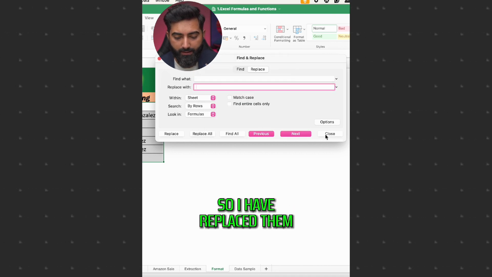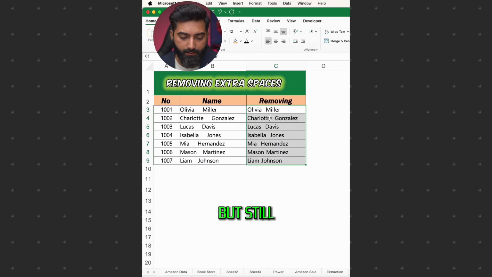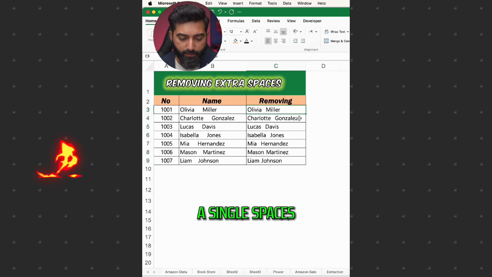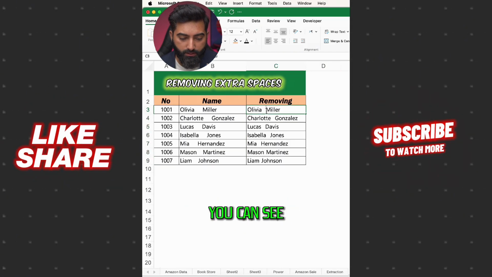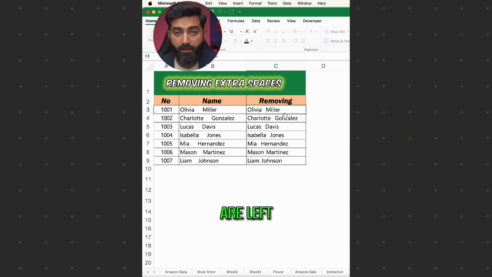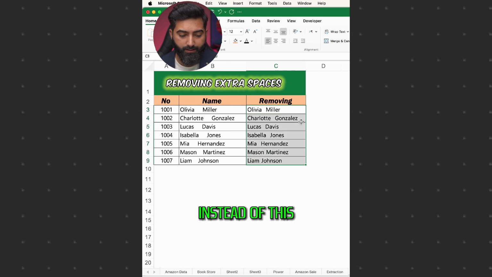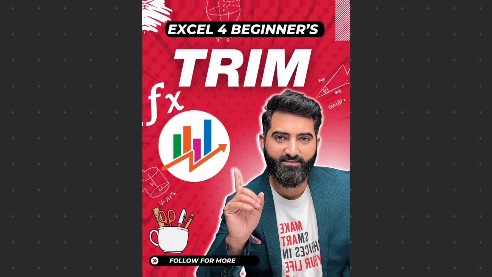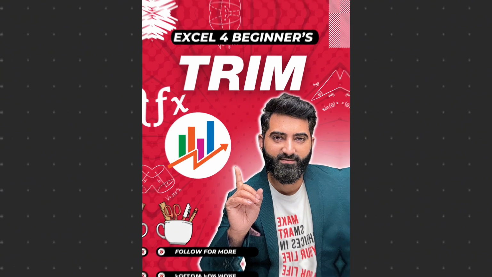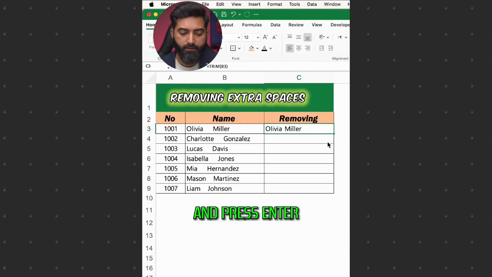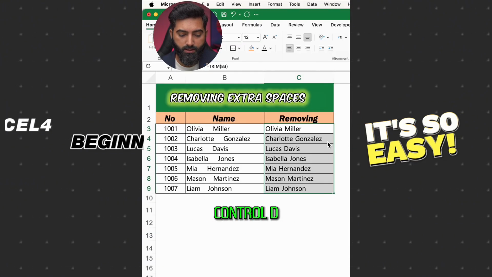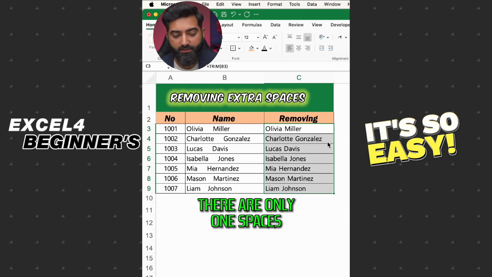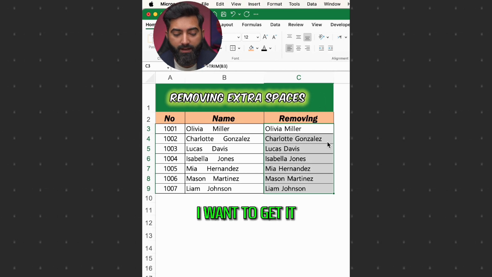I have replaced them with this function, but still there is not a single space, there are more spaces. You can see there are 1 or 2 spaces left. There should be 1 space. Instead of this, I will use the trim function and I will select them and press enter, and now you can see, Control D, and you can see there is only 1 space, and the name I wanted to get, I have it